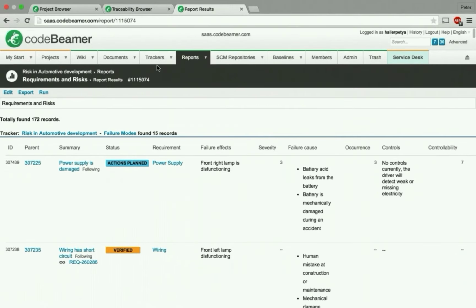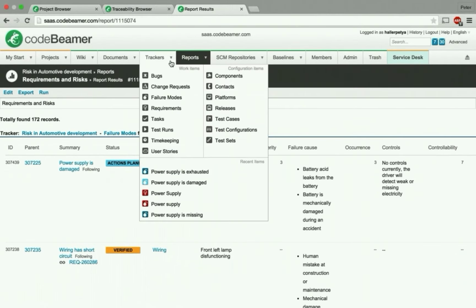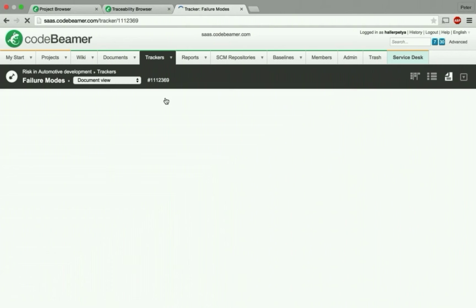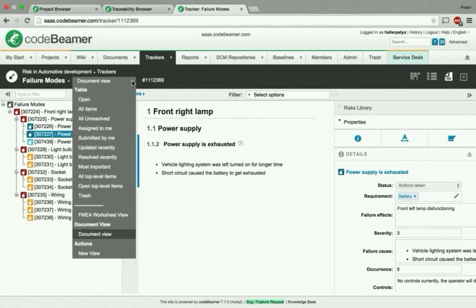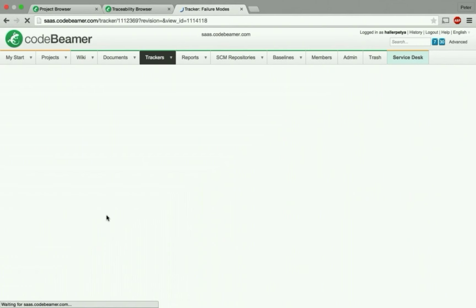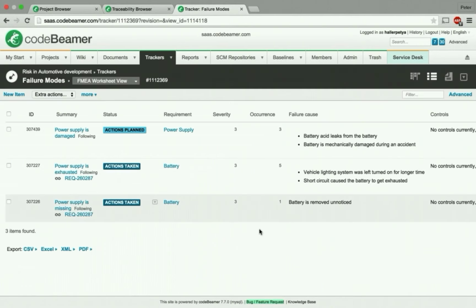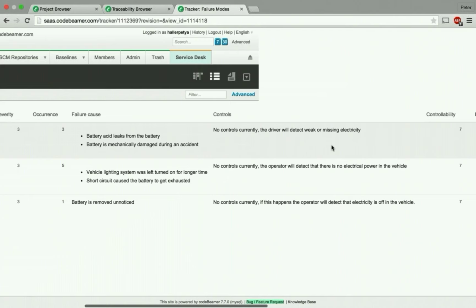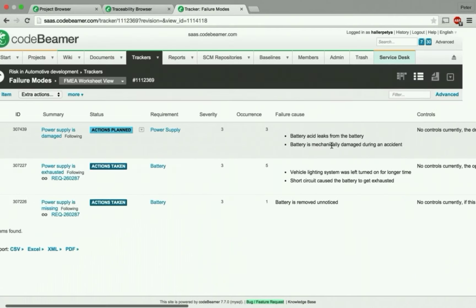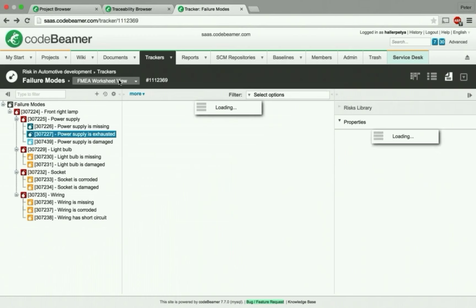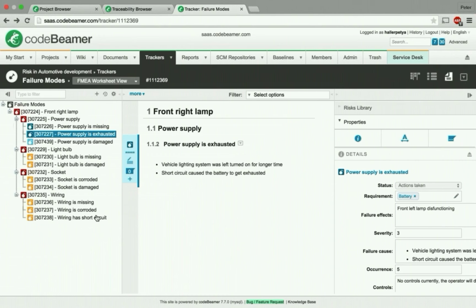And then going back, and I would like to show you one last thing in this template right now. Among the failure modes, we also have the list view, and we have a specific template, the FMEA Worksheet view, which also provides you the compliance for these standards. So in this view, you can see the summary status and the connected requirements, as well as the severity and all the necessary values and properties related to your risk. And all this can be exported